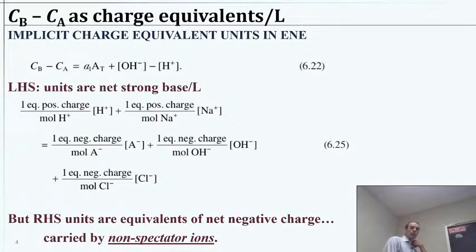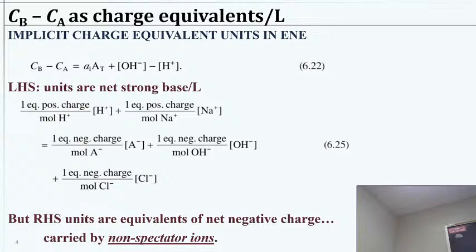So as we consider this net strong base calculation, one thing we have to grapple with is, what are the units here? Do they make sense? How does this really sort with the electroneutrality equation? Cb minus Ca feels like it should be units of a base and units of concentration, right? Moles per liter. However, we're using this in the context of the electroneutrality equation. So what we can see is,